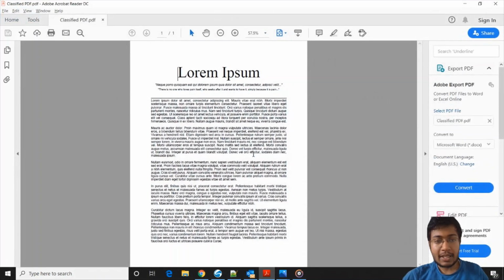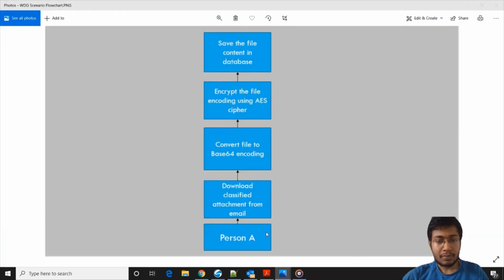So here is the classified file, and this is the flowchart of what the flow would look like. So person A is downloading the classified attachment from email, then converting it to base 64 encoding. So we can't save the raw attachment to database. So we need the attachment to be converted to base 64 encoding, and then we are encrypting that encoding